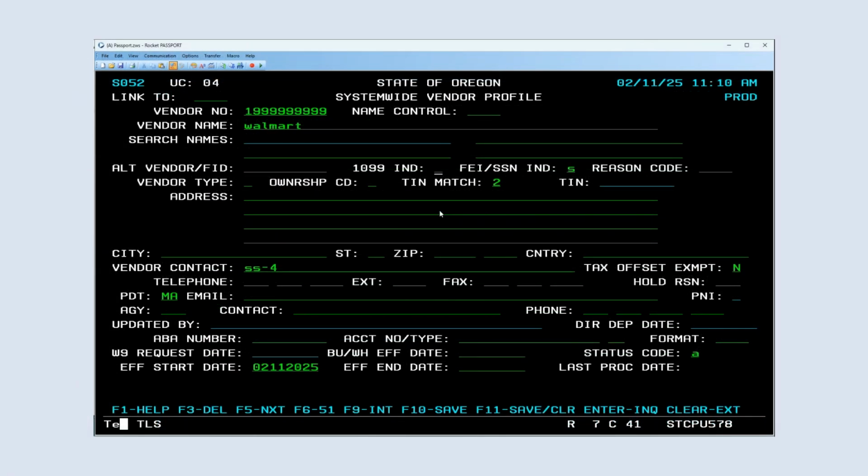And that's bad. That could get us in trouble. That could get us audited with the IRS. So we want that 1099 indicator field to be correct. And I will tell you that if I cannot figure it out, I will put a Y no matter what, and this vendor will get a 1099, because that's the safest way to go for us. They'll get a 1099 and we're safe with the IRS. If I put an N and this vendor was supposed to get a 1099, we can get in trouble,